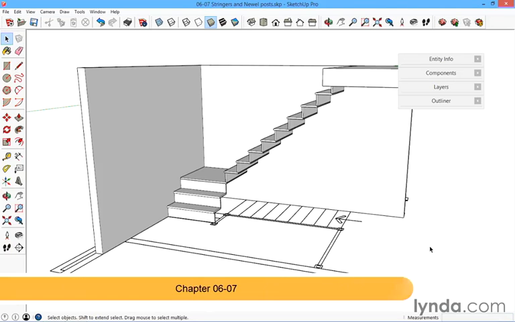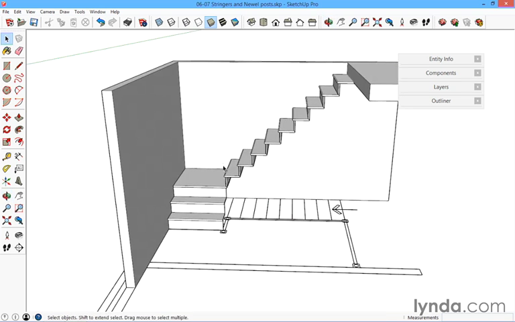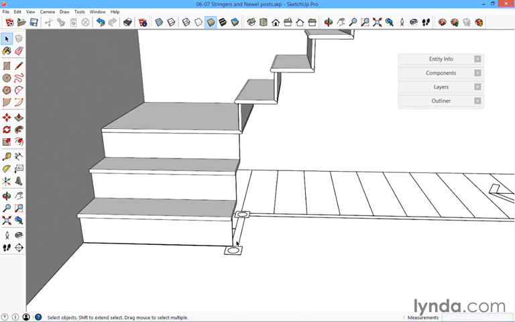So in this exercise we are adding the stringers and the newel posts. The stringers are going to support the treads and the newel posts are going to support the stringers. Now the newel post will sit at this corner and at this point, so they're indicated on the CAD drawing